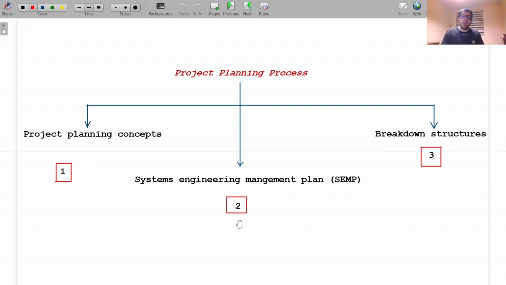The SEMP is the key technical management plan that integrates the systems engineering effort. It defines how the total set of engineering processes will be organized, structured, and conducted, and how it will be controlled to provide a product that satisfies stakeholder requirements. The SEMP typically includes the following content: